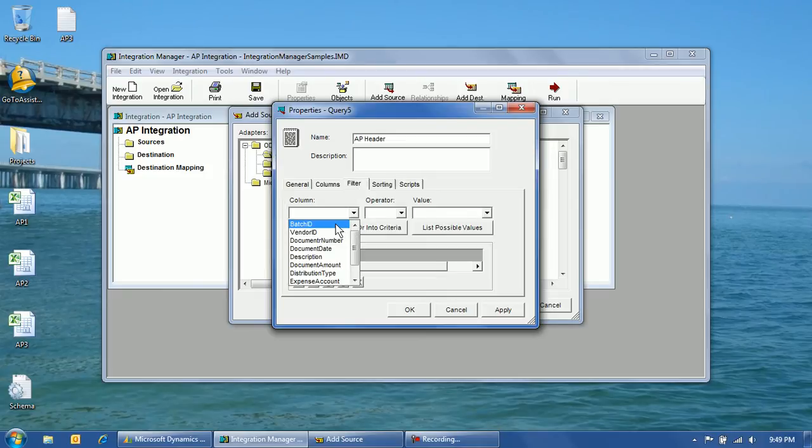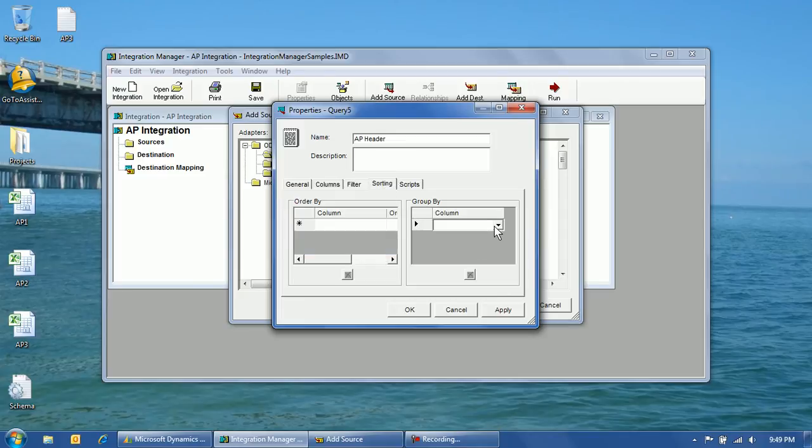So typically what I do is I take my first column and say it's not equal to a blank. I put one space in there and add into criteria. This is to make sure that there are no blank rows in my file. Then I'm going to go into sorting and I'm going to group based on all the fields that I need